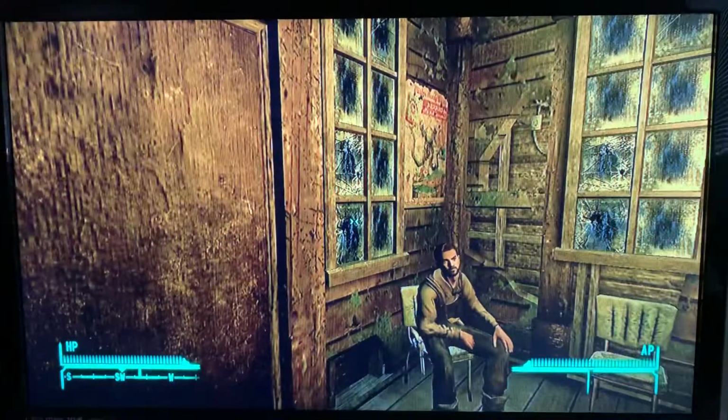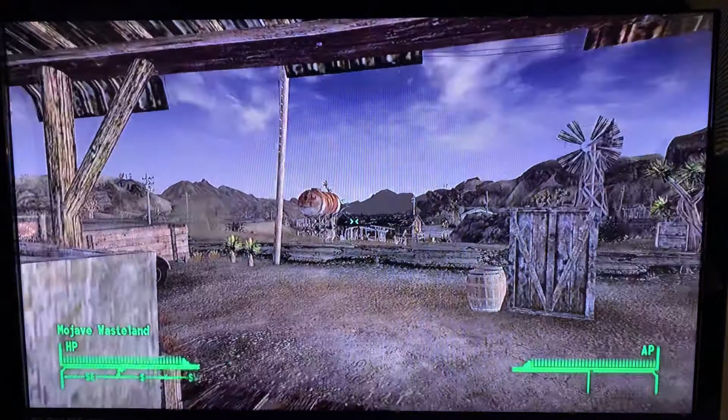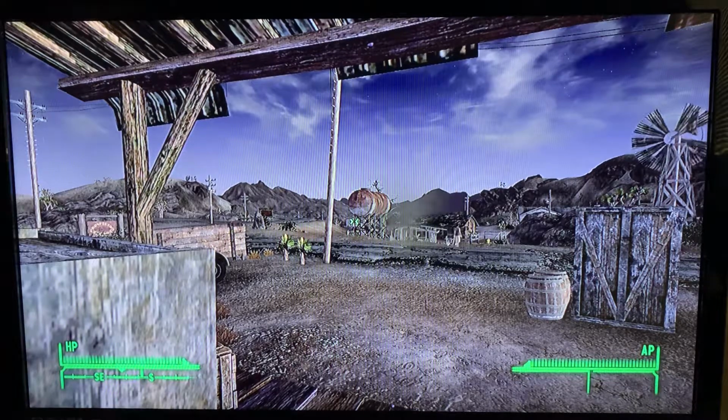So, I've got a bunch of stuff. Sorry, continuing. Right. So, you'll get out of Doc Mitchell's house after going through all the questionnaires and selecting your perks. I recommend starting out with your speech or barter being at least 25 and your intelligence being at least like 6 or 7. 9 is ideal because it gets you the most experience points,